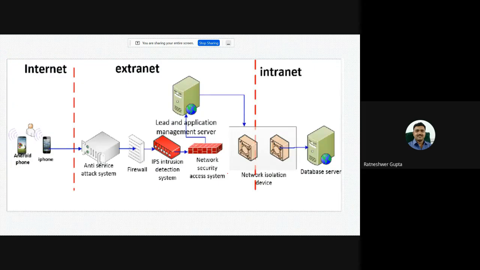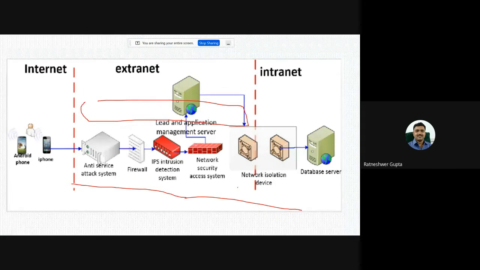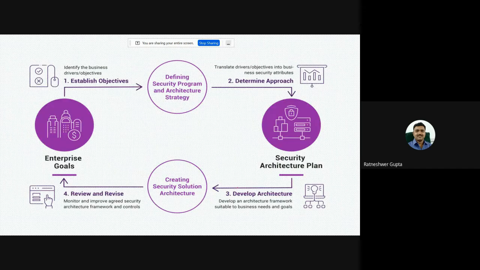Okay, so this is a small example that shows how the different components can be fixed at different places. Like here we require security at this particular level, and here we can fix the anti-software attack system, firewall, and so on at this system and this system. So first we have to identify the components and understand their relationship. Based on that, we can develop an architecture.